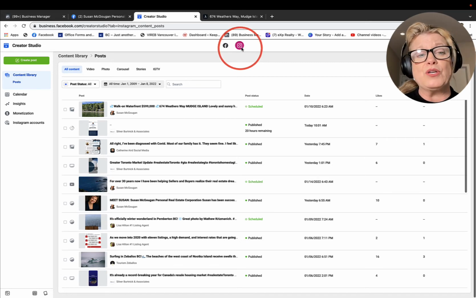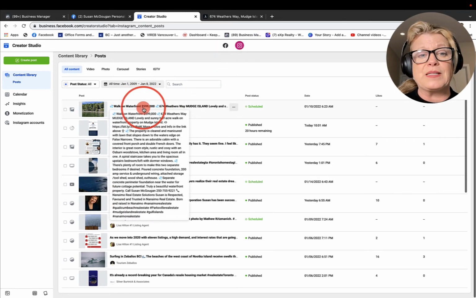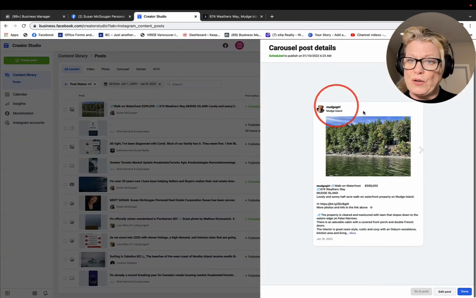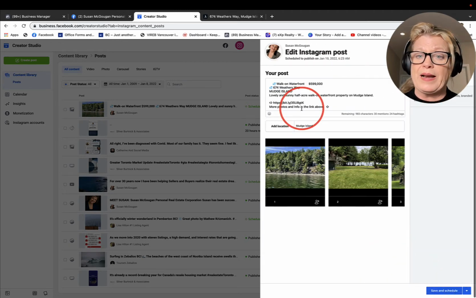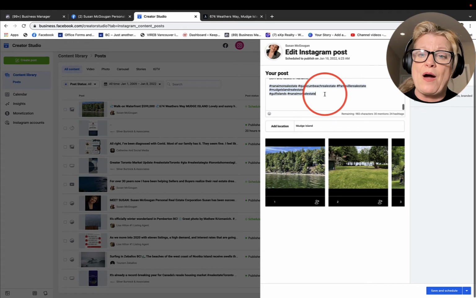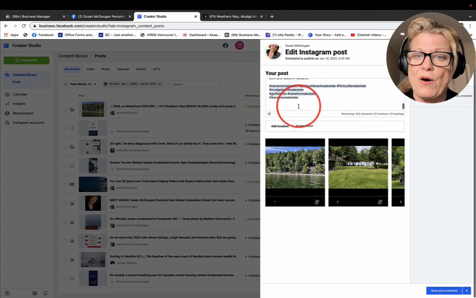So what I'm going to do is I'm going to click on the post that I just scheduled. It's going to load down here, and it's going to give me the option to edit the post. So this is good not only to add the hashtags, but let's say there was a spelling error and you wanted to fix it. This is how you would do it. So edit the post, and this is now where I'm going to add the rest of my hashtags, because on